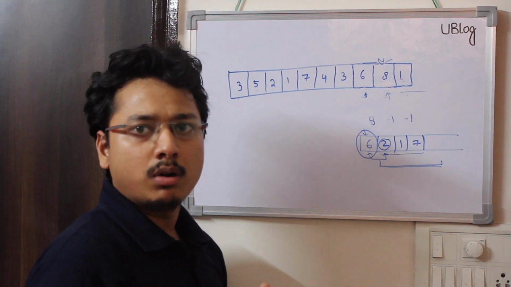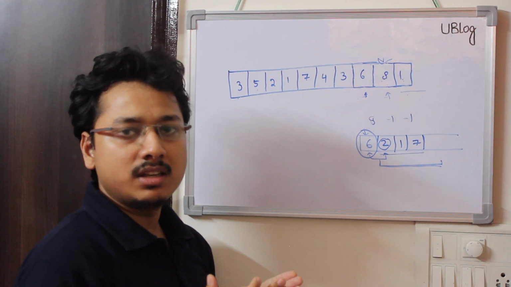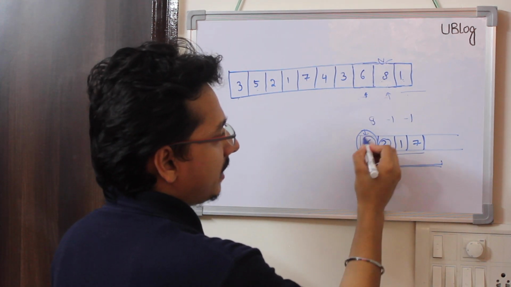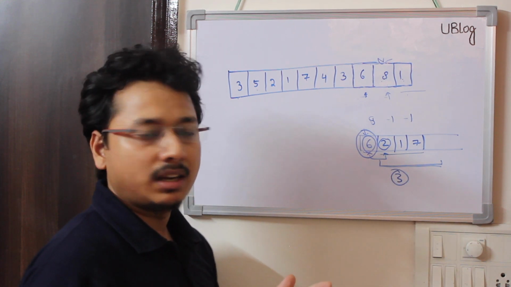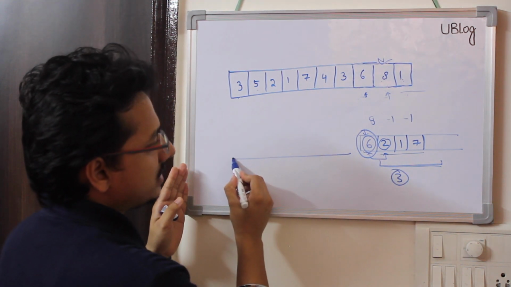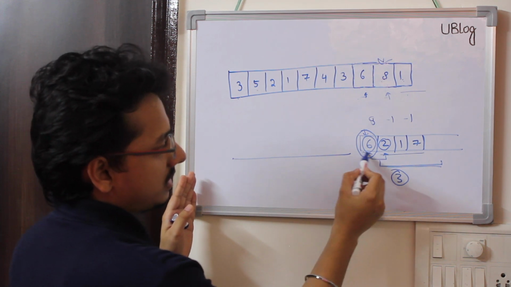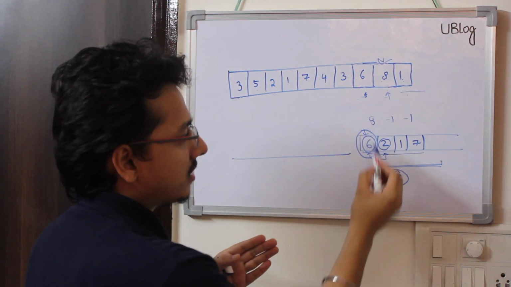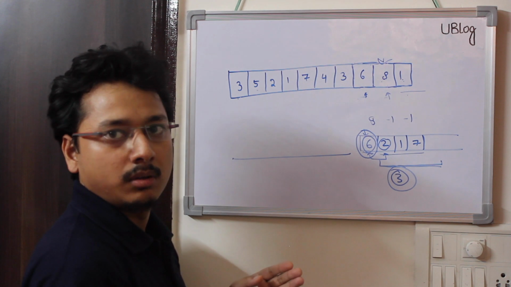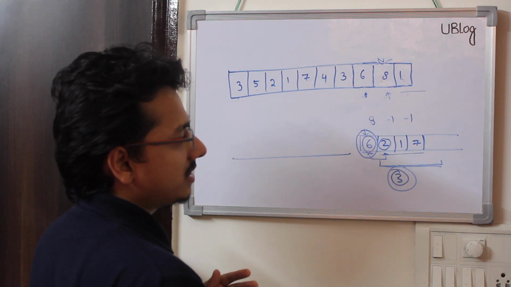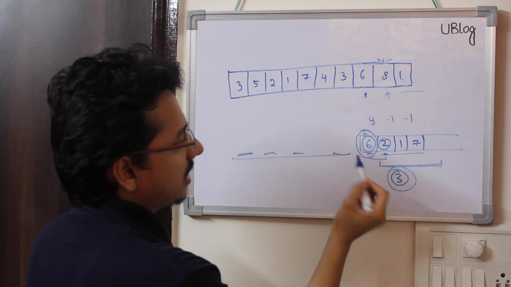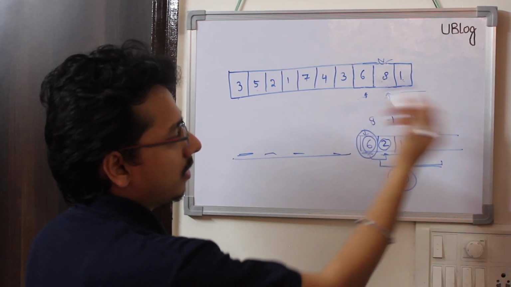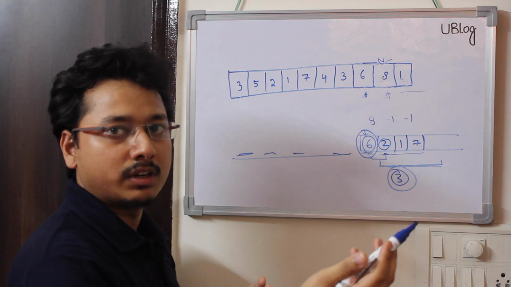Why don't we want any element which is smaller than this? Because if any element is smaller than 6, for example 3, I can discard 3. For all the elements on the left-hand side, the NG can be 6 or any number greater than 6. It can't be 3, because 3 is smaller than 6. For all the elements which are smaller than 6, the NG will be 6, and we don't need to go any further ahead.